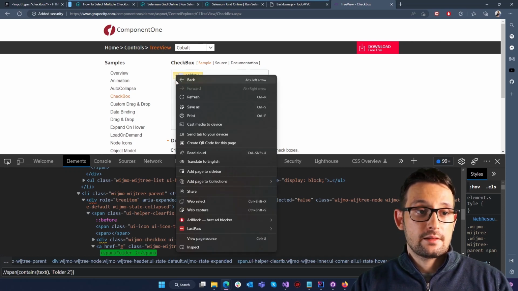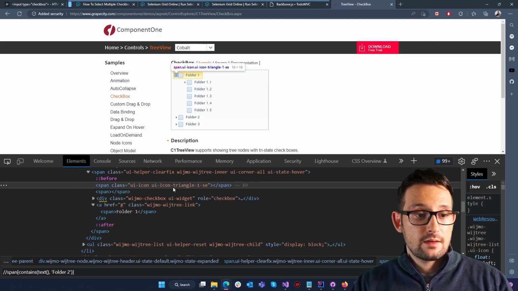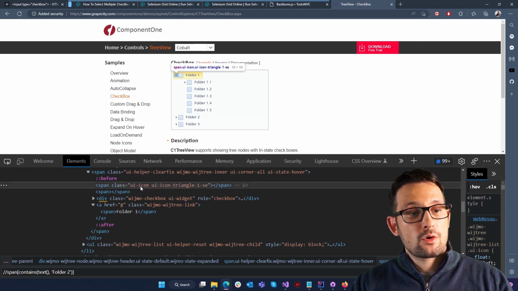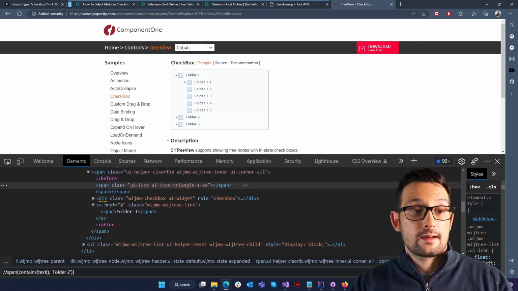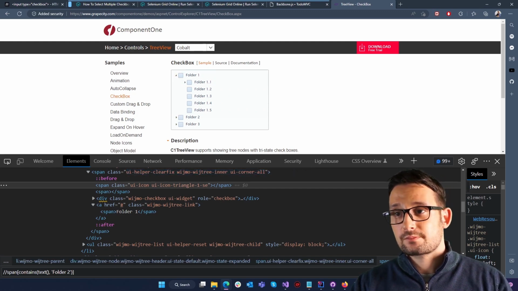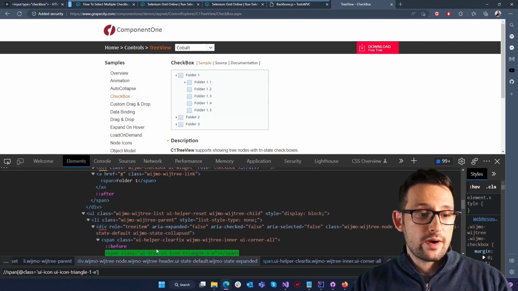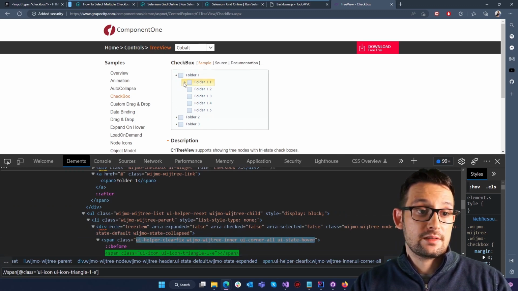In order to find this particular unique arrow, expand arrow icon, triangle, we are going to search it by class name. And again, we are going to use relative locators, relative from the checkbox itself. And when you use XPath to find relative locators like this, since there are many options, there are many triangles,